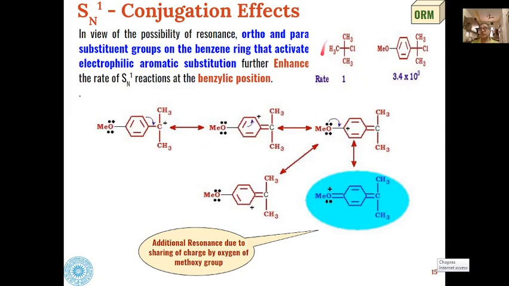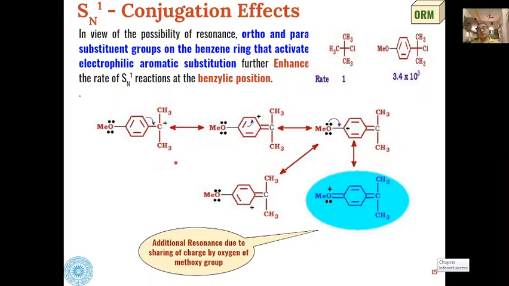So we can see over here, tertiary butyl chloride has a rate of reaction of 1. If we replace this by this group where an electron releasing group is attached, the rate of reaction increases